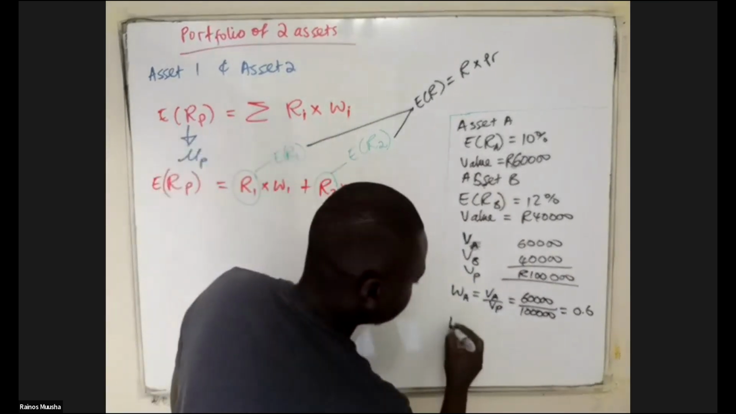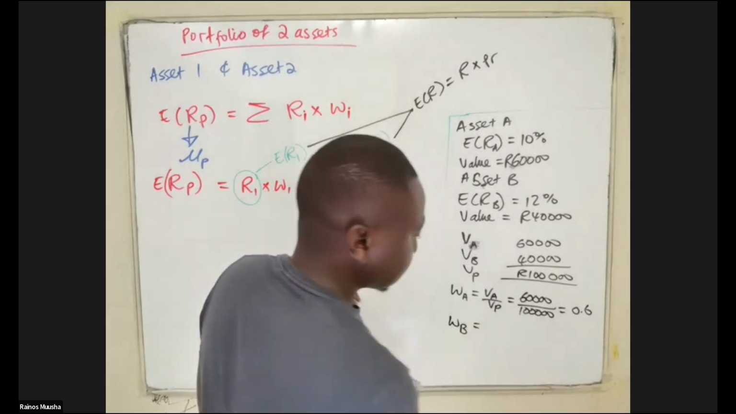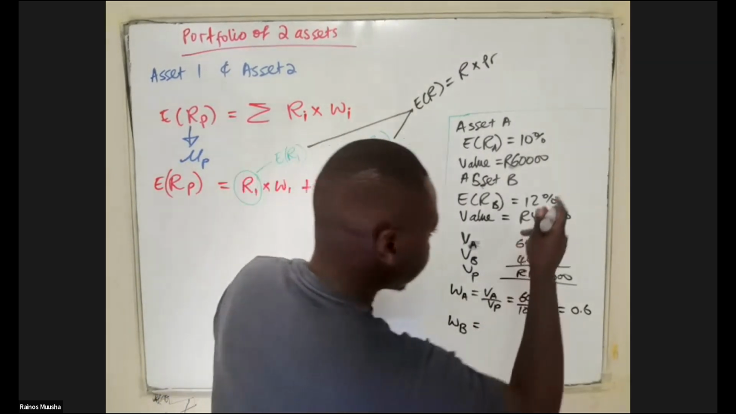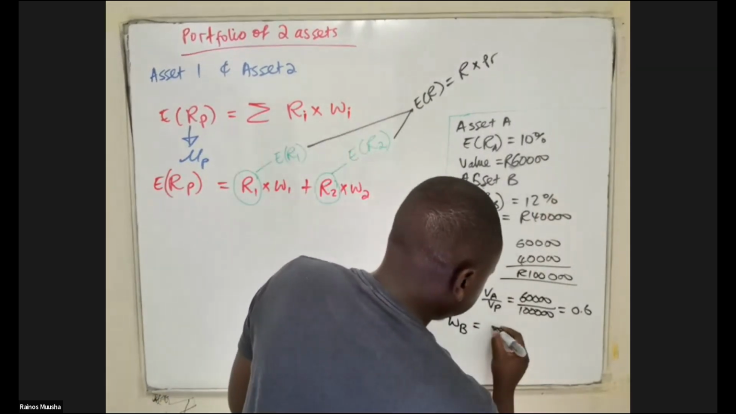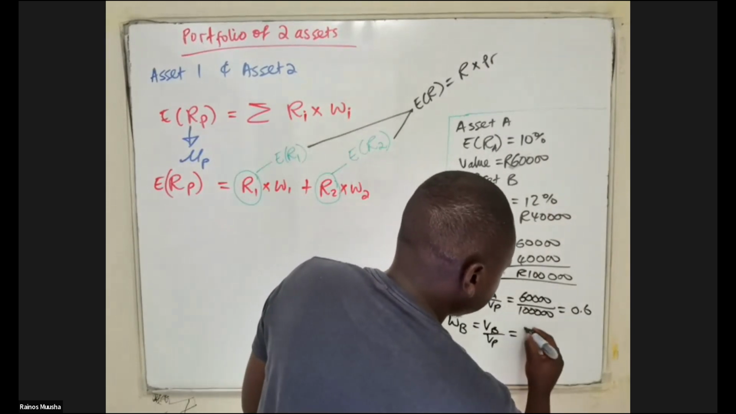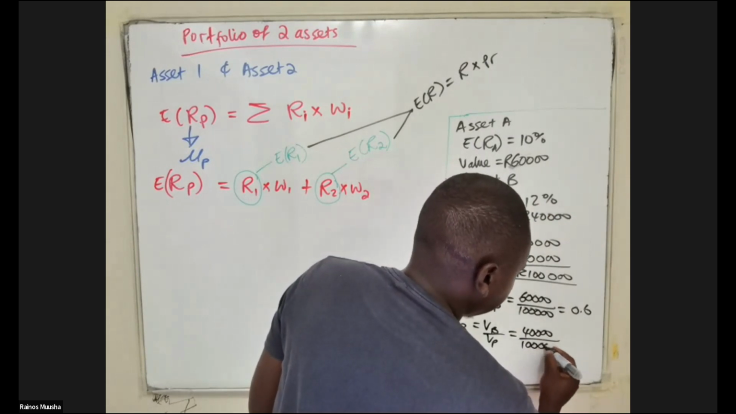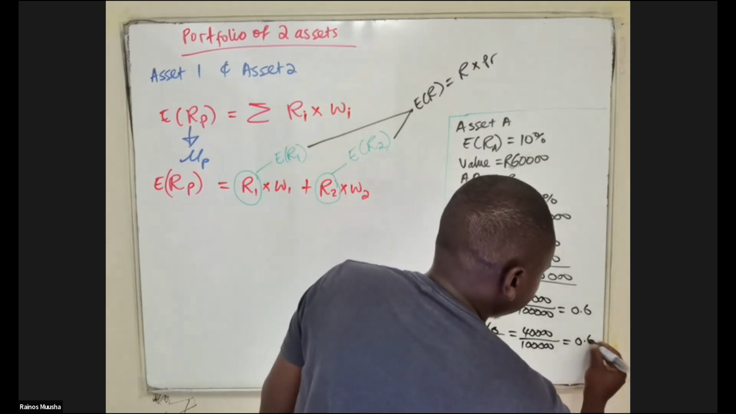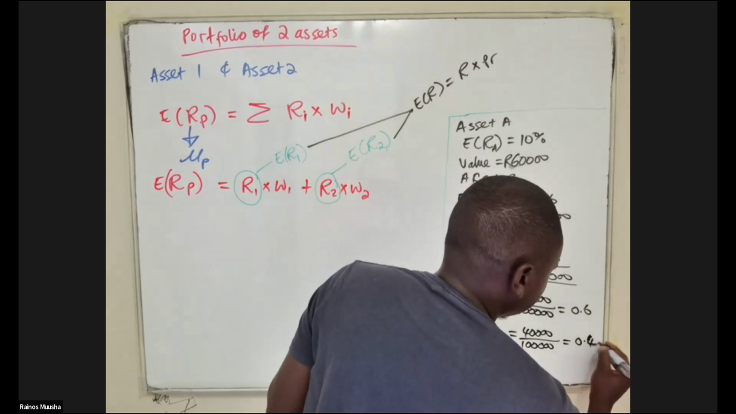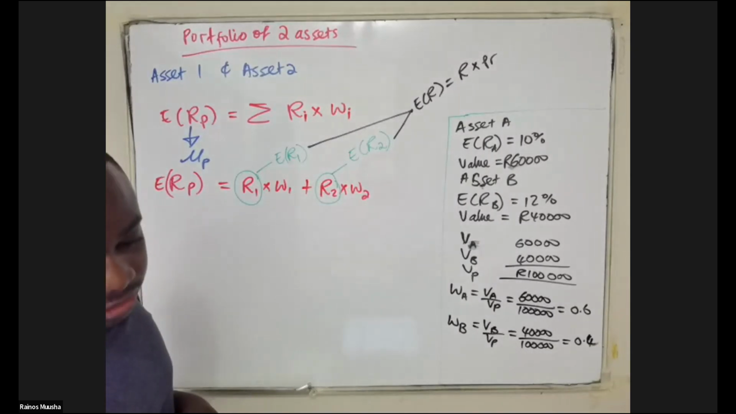And your weight of asset B in this case is going to be equal to the value of asset B divided by the value of the portfolio, which is equal to 40,000 divided by 100,000, which will give you a weight of 0.4. Are we on the same page? Are we together then? So this would mean,